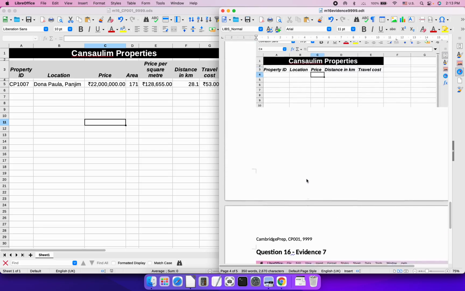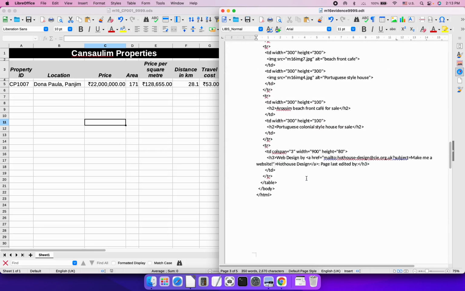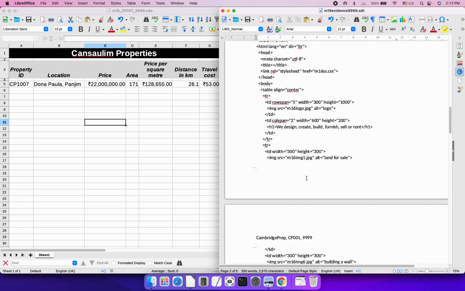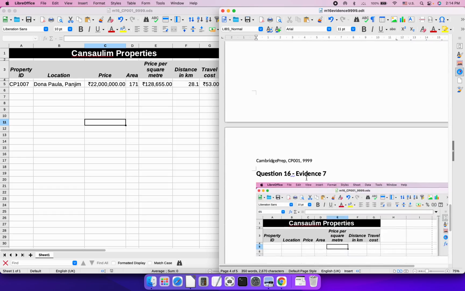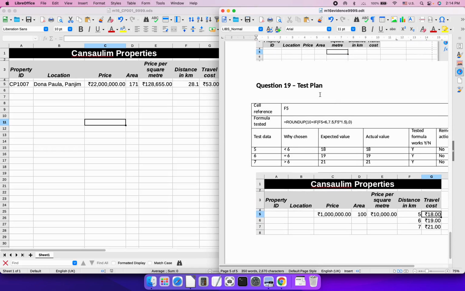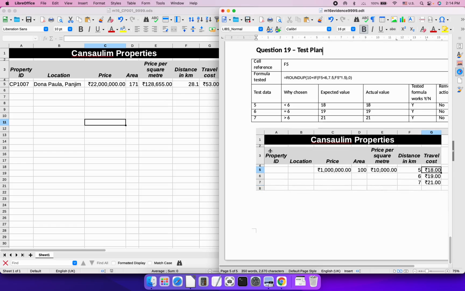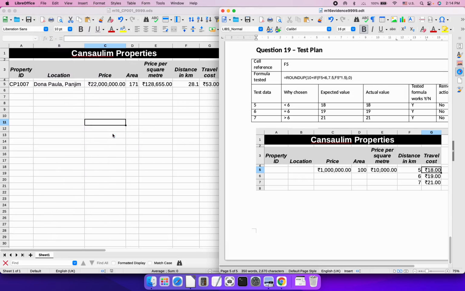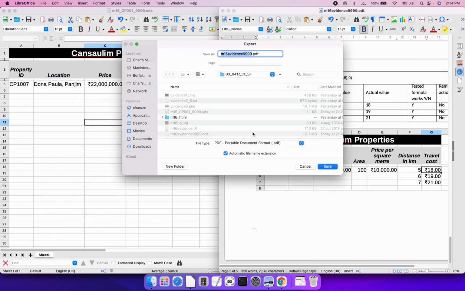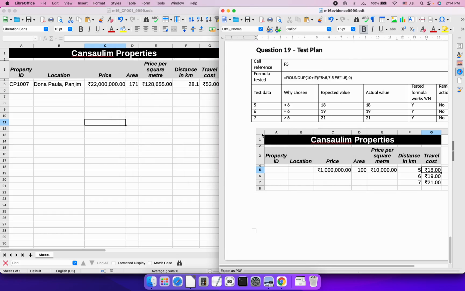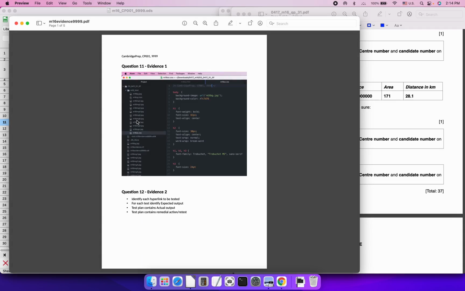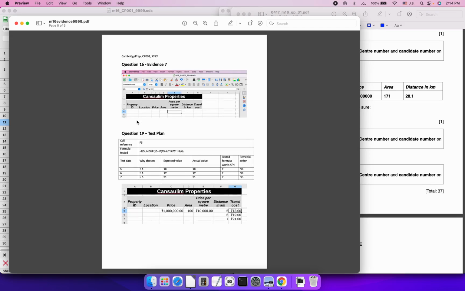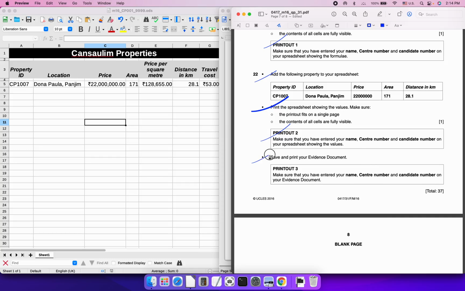So question 19, 16, 14, 13, 12, evidence 4, 3, 2, 1. So I'm going to go through again, 5, 6, and 7. And this is called the test plan. And it seems right, so we can save this. And as usual, you should always export it as PDF before printing. So export, and we call it the same name, and 9999. So notice that all of them are easily visible, and the test plan, and we have saved,